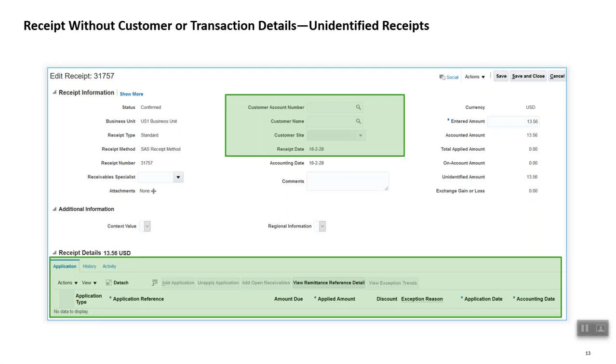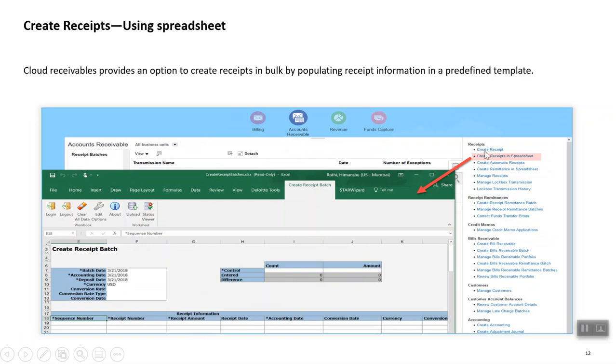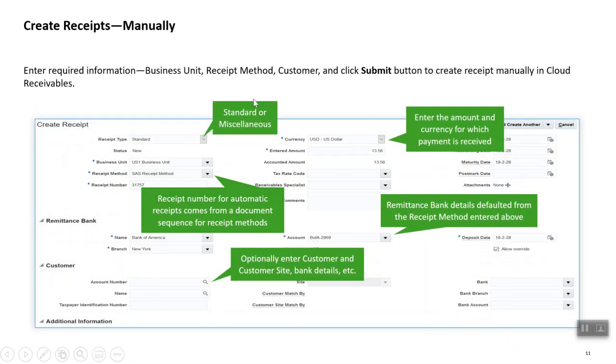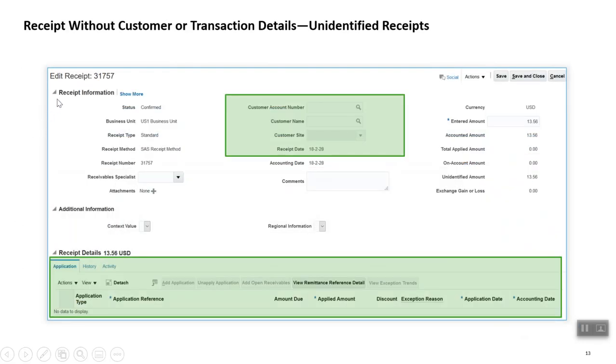As soon as you create a particular receipt manually, let's first discuss how things happen manually. If I create a receipt manually, it's on this particular screen. How did I come to this screen? I clicked on Account Receivables, this task came up, I clicked on Create Receipt, and this page came up. When we enter all the information here, you click on Save. As soon as you click on Save, you would get a screen which would look like this.